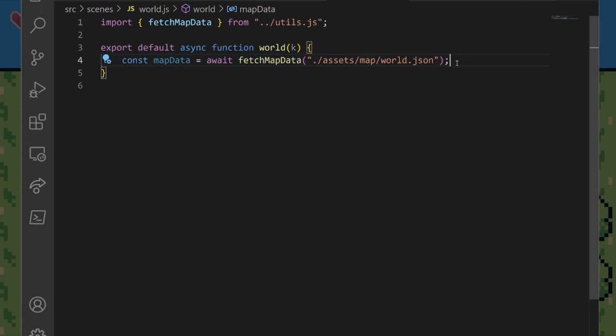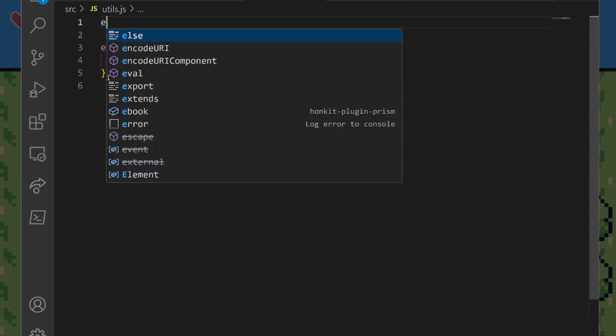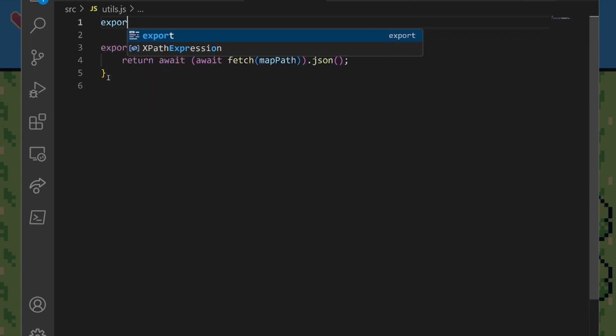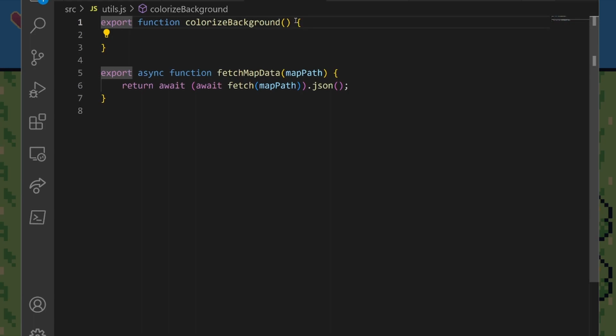But before drawing anything, let's create a utility function that allows us to draw, maybe on top of that, the background to a specific color. So I'm going to call it export function colorize background so that we can draw the rest of the scene without having to use various styles. So here we're just going to pass the context k instead of having to import it again and again. And finally,